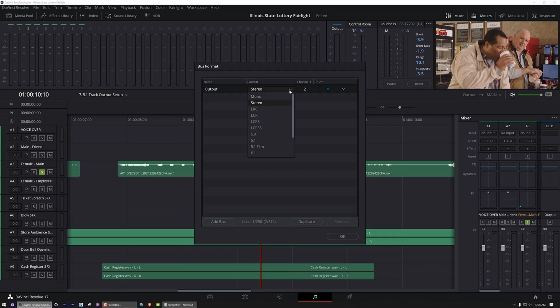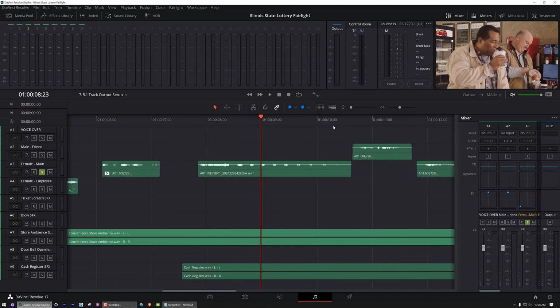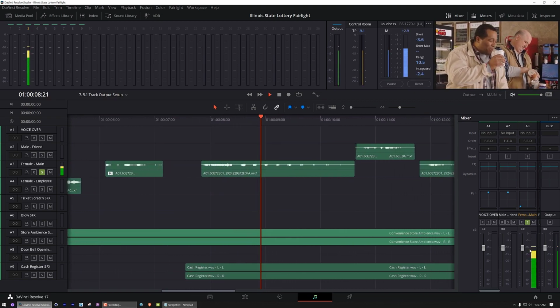Of course, for us, we are doing a 5.1 mix. I'm going to come down, select 5.1 for the purposes of what we're doing, and you'll notice that as soon as I did that, that bus, depending on what I have selected, will immediately change. If I now select 5.1, I now get the 6 channels. Keep in mind, left, right, center, sub, left surround, right surround. I can now come down and say OK, and when I come back and hit play,